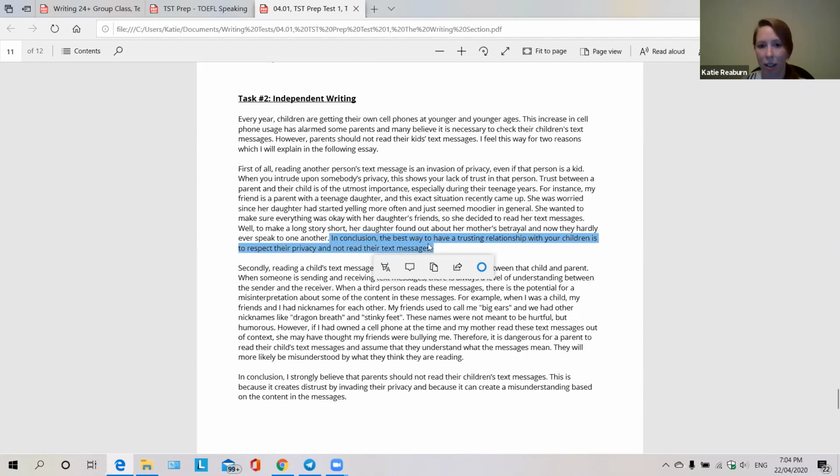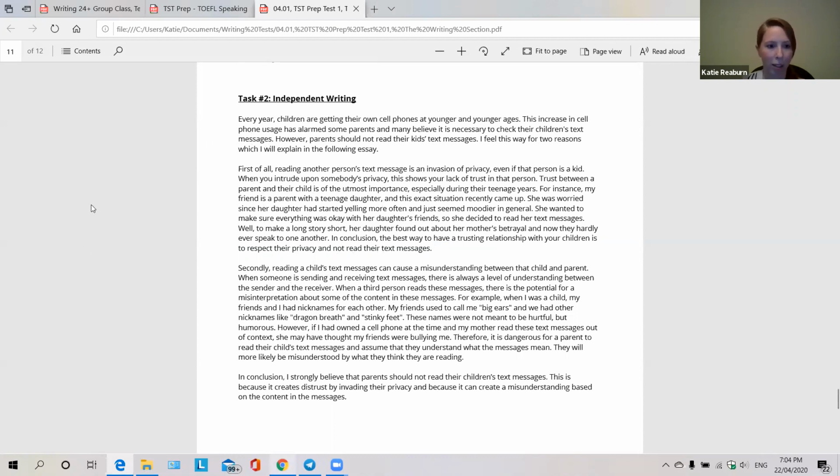That is tying back with this reason, tying back to the topic, the opinion that we recommend people not read their children's text messages. Okay, so that is the essay. That is the structure of the first paragraph and the second. But of course, in the second one, you're not going to use all the same transitions. You want to show variety. But that is the structure, a good example of a first paragraph.